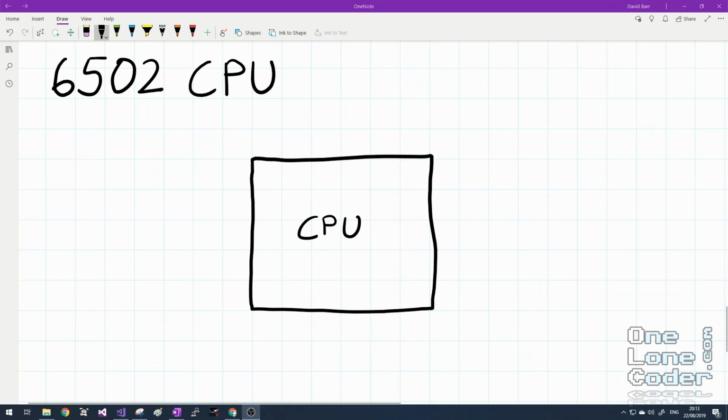The 6502 CPU was created by MOS Technologies around about 1975. It became the CPU of choice for many home computer systems and home console systems, and in my case, the Nintendo Entertainment System. When you begin to emulate a CPU, you need to decide what level of abstraction you're going